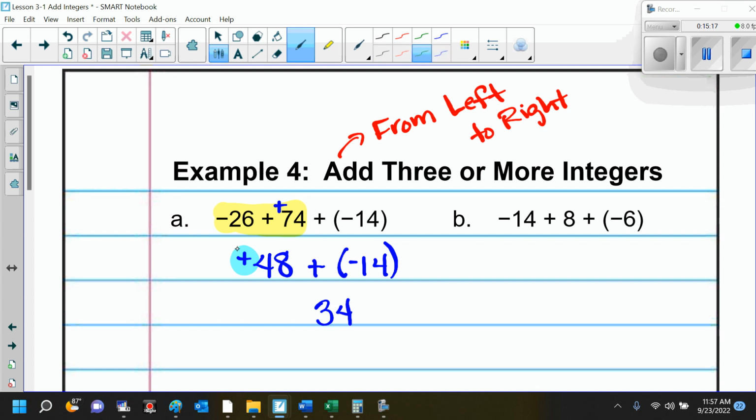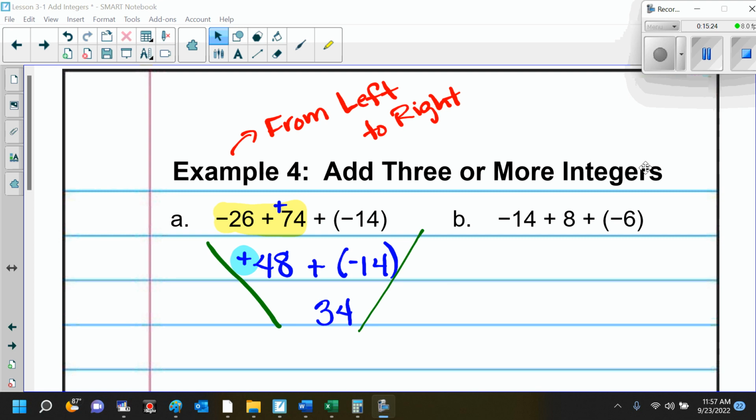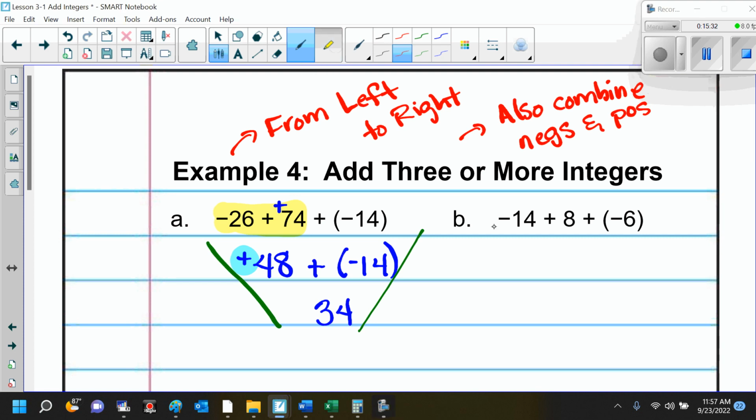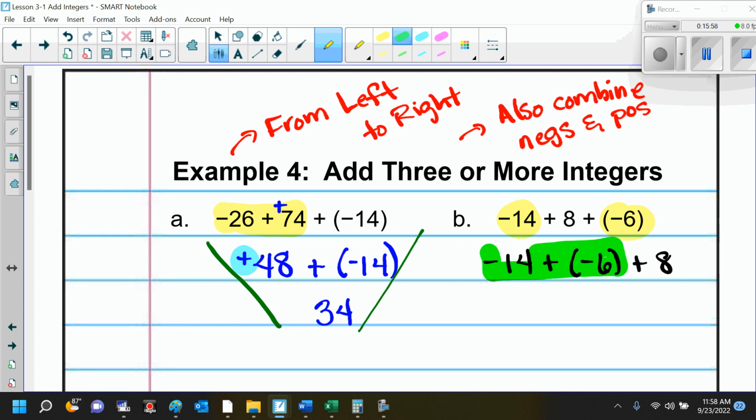And if you're showing your work correctly, of course, again, look, there is your inverted triangle. You can also combine all of your positives and combine all of your negatives, okay? So here we can combine the negative 14 and the negative 6. So I'm going to go ahead and rewrite it so I can just put them together, okay? So we've got a negative 14 plus a negative 6 plus a positive 8. So now we can add the negative 14 and the negative 6. What's that going to give me? Negative 20. Right, because we have the same sign, we add the digits, right? And we keep the same sign. So that's going to be a negative 20